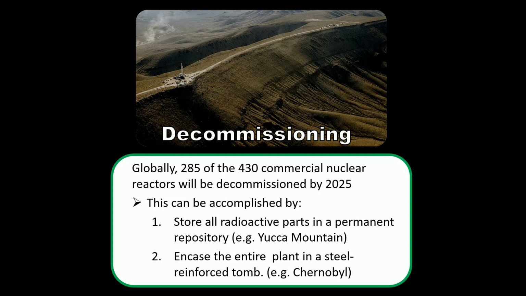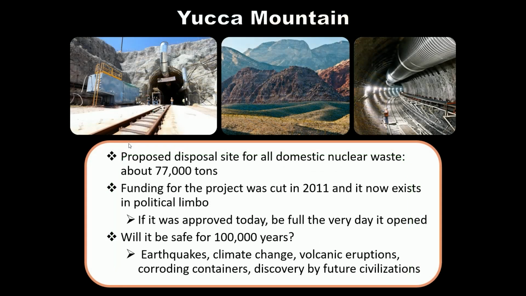So, what kind of permanent repositories are available? Well, there is a facility called Yucca Mountain, which has been set aside as a location to store the nation's nuclear waste underground for many years. It's been established that this is where we're going to eventually put that nuclear waste. It's a mountain in Nevada. It's got a series of deep tunnels that go under the earth, and it could store about 77,000 tons of